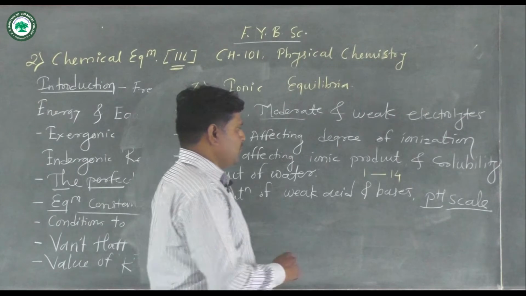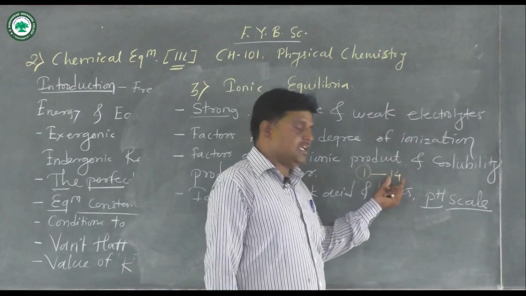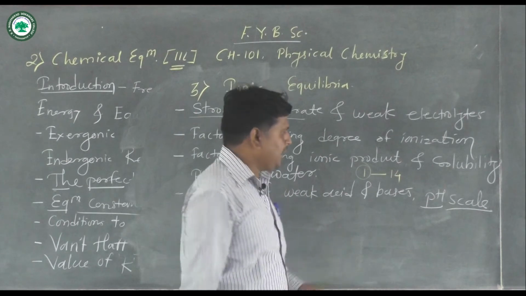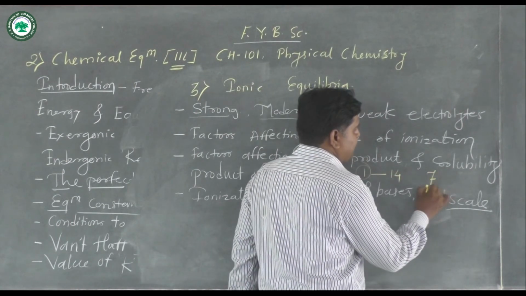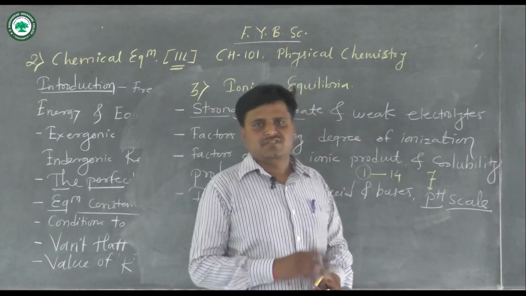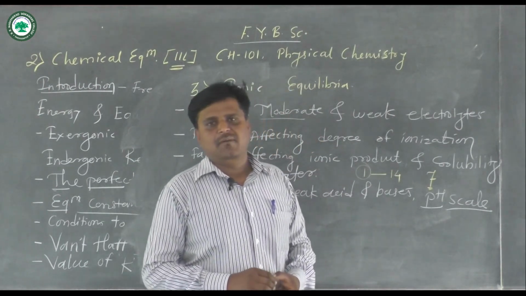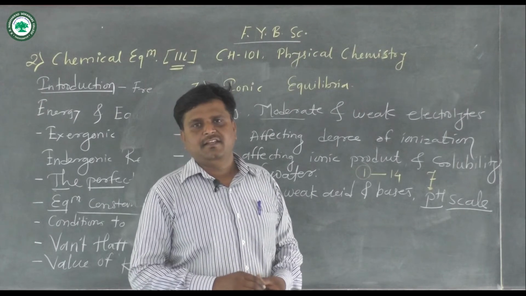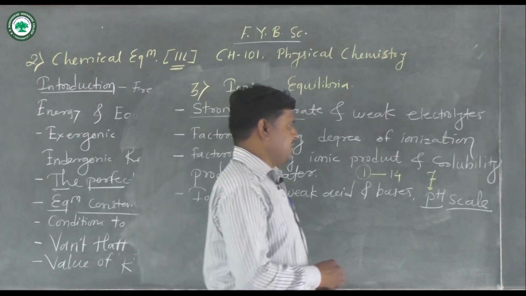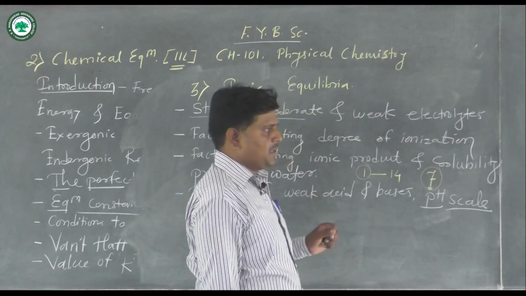At pH 1 we call it a strongly acidic solution. If the pH is 14, we call the solution strongly basic. And if the value of pH is 7, we call that solution neutral. What is meant by neutral? Neutral means the amount of acidity and basicity is equal, in equilibrium. At that time we call the solution neutral at pH 7.